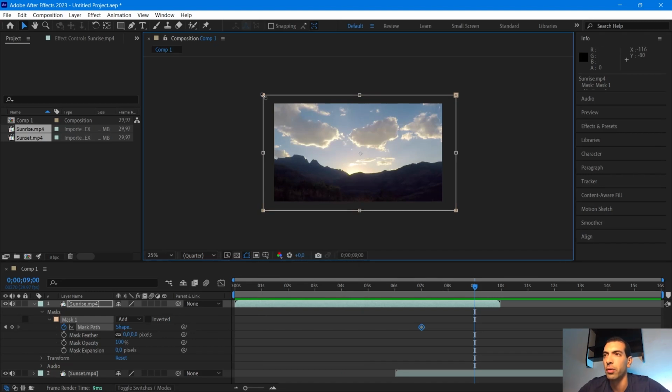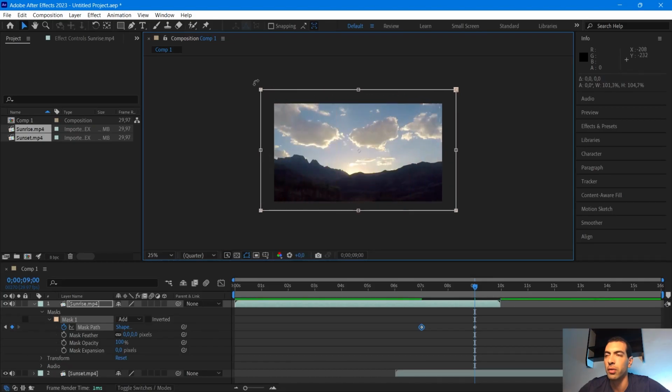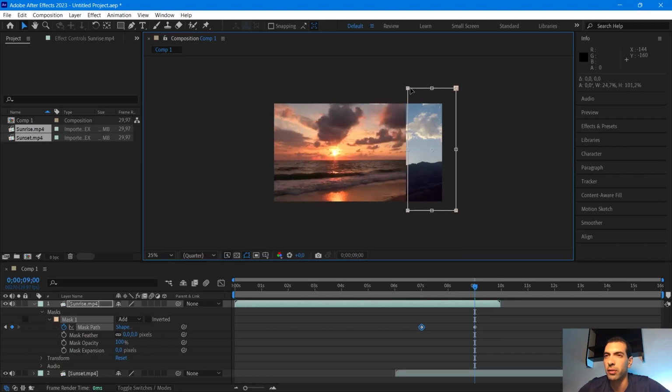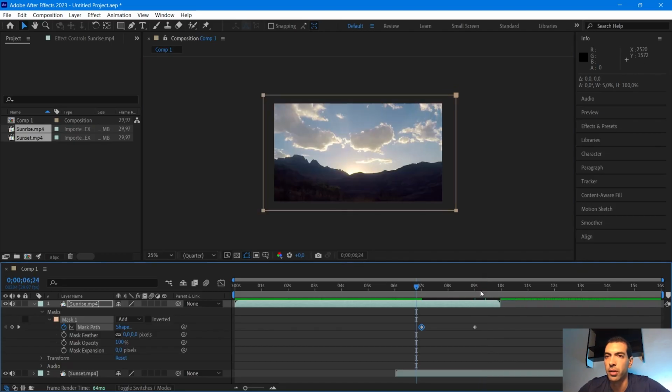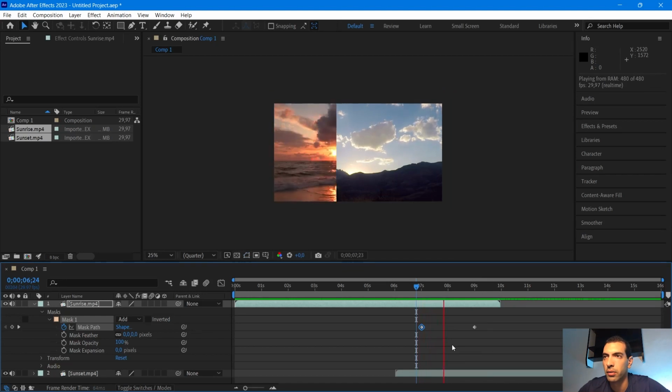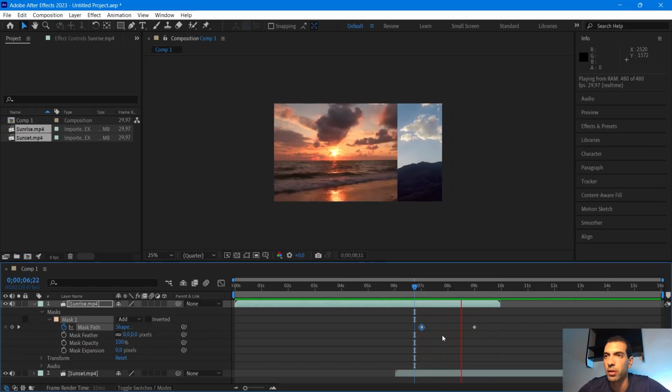And now I'm going to change the shape of the rectangle like this. I can also rotate if I want to, but I'm not gonna do that. I'm just gonna make it smaller like this. And now we notice we have a new keyframe right here when we change the shape of the rectangle at 9 seconds. And now if I play, look what we get. We get this transition